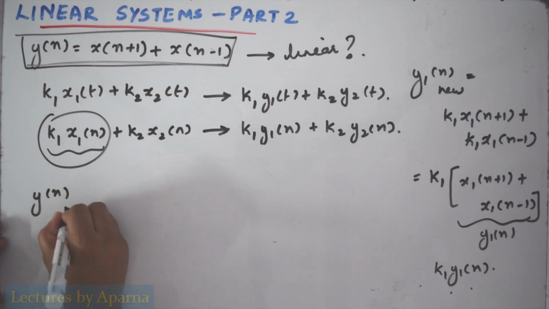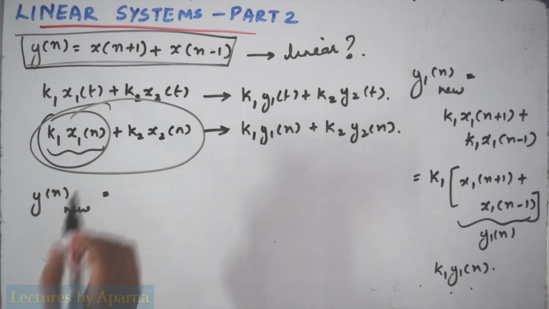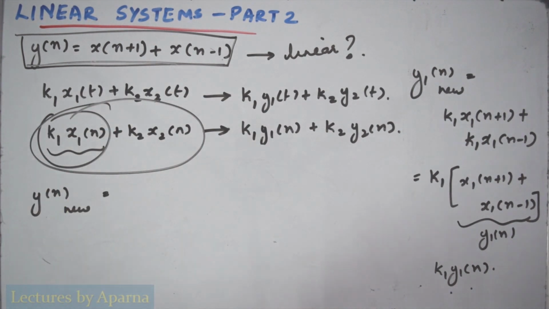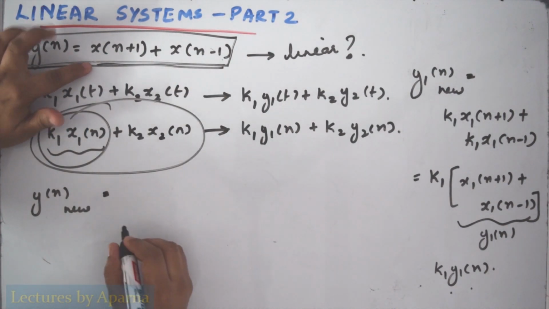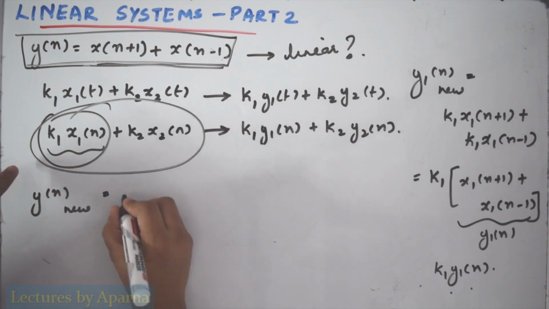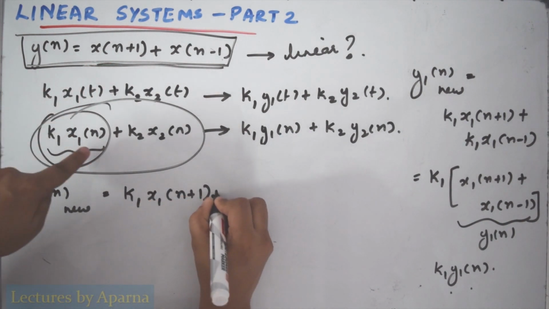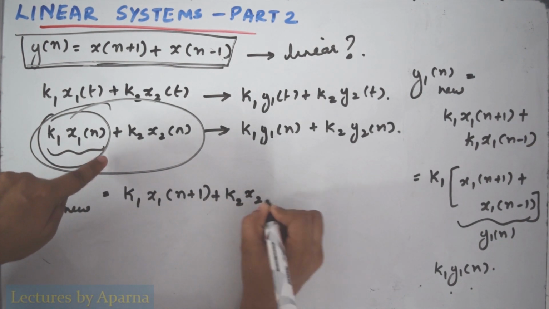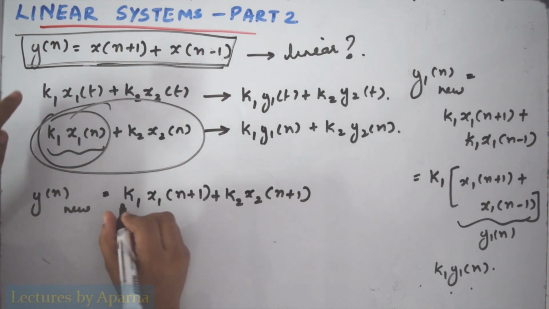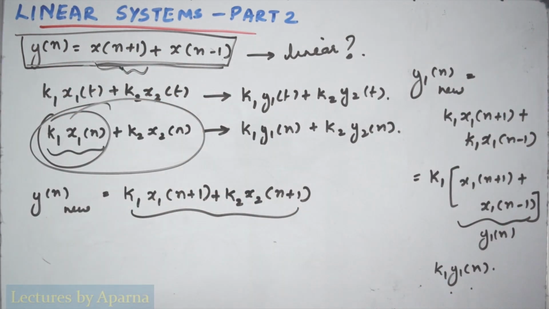Now the new y of n will be equal to, our input is this whole term k1 x1 of n plus k2 x2 of n. Therefore in the input signal, the first one is the left shifted version of this input. Therefore k1 x1 of n plus 1 plus k2 x2 of n plus 1. So this whole term is the left shifted version of input, plus next is the right shifted version, which will be,